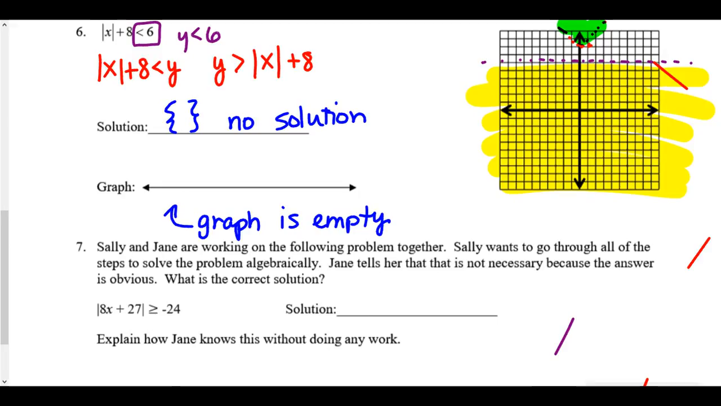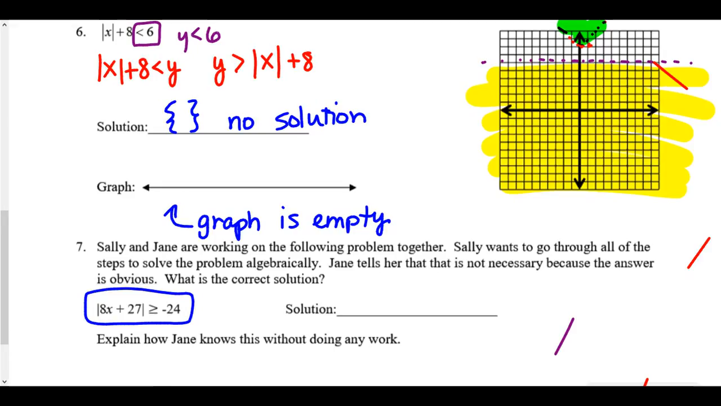Okay, so let's look at number 7. It says Sally and Jane are working on the following problem together. Here's our problem. Sally wants to go through all the steps to solve the problem algebraically. Oh, we didn't solve number 6 algebraically. Sorry, just realized that. Let's go ahead and solve out number 6 algebraically real quick, and then we'll come back